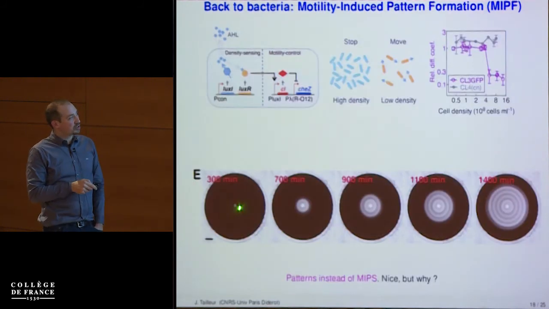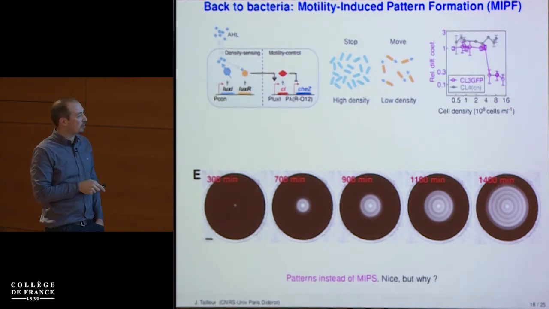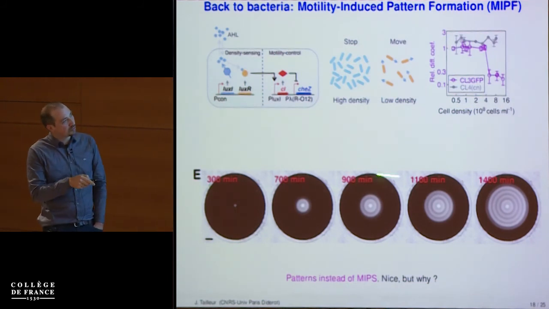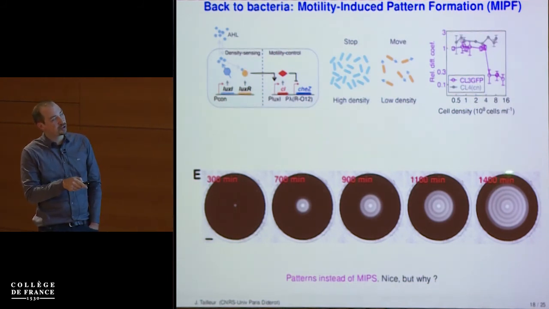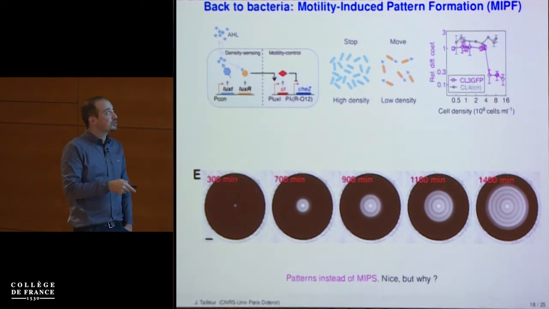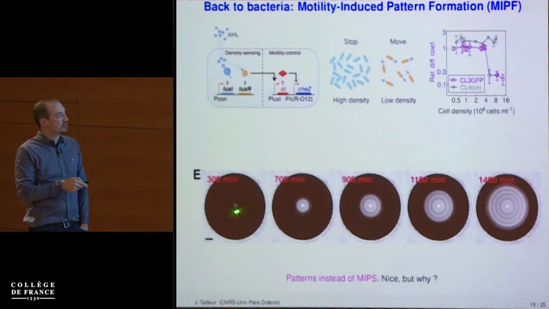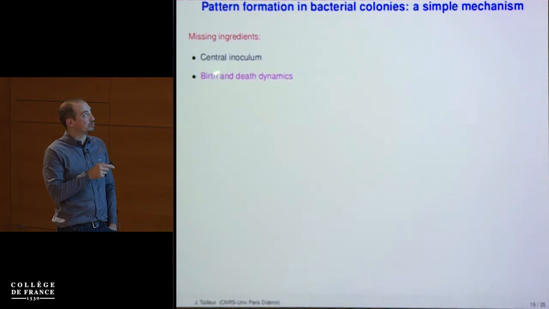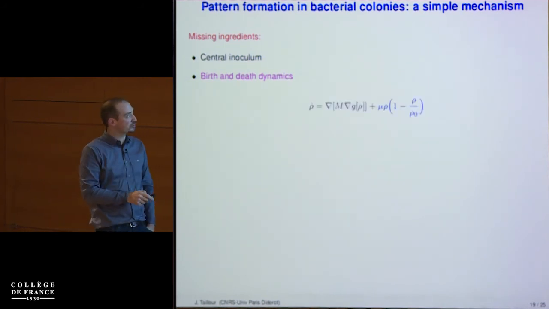So these experiments, first, don't start from the homogeneous setting which I described before. They start from a central inoculum, and they take time over 28 generation times. Typically, the bacteria will divide every 20, 30 minutes. So here, definitely, in these experiments, if you want to go from there to there, you have to create matter. And the fact that you have a non-conserved dynamics becomes important. Can I try to account for it?